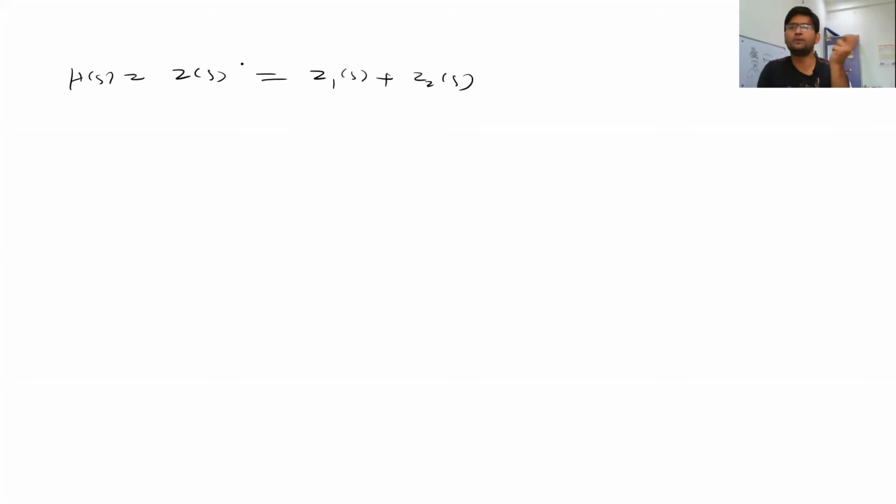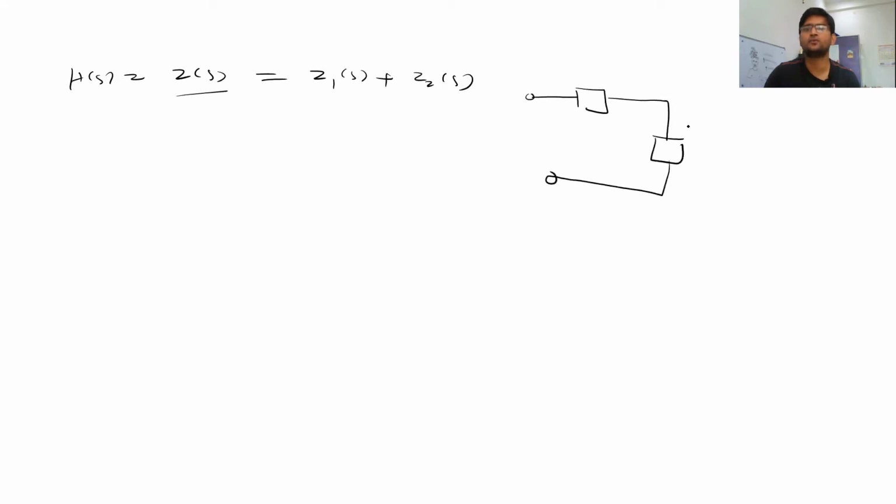Any polynomial, using the partial fraction method, you can just divide into two polynomials depending on the number of poles or zeros it has. So how can you represent this function? Since this is an impedance function, physically you can represent it as the series combination of two functions, the first of which is Z1(s) and the second of which is Z2(s), right? And this whole thing will be Z(s), which is nothing but your H(s).